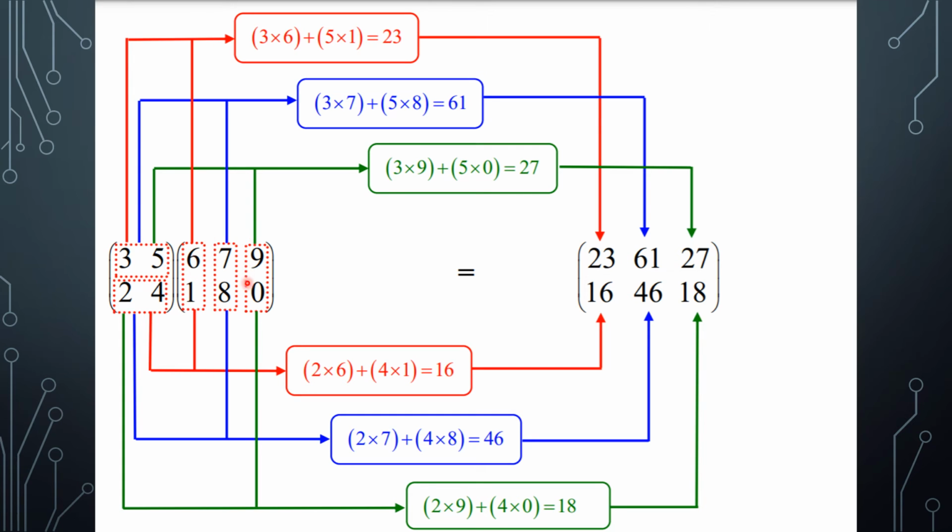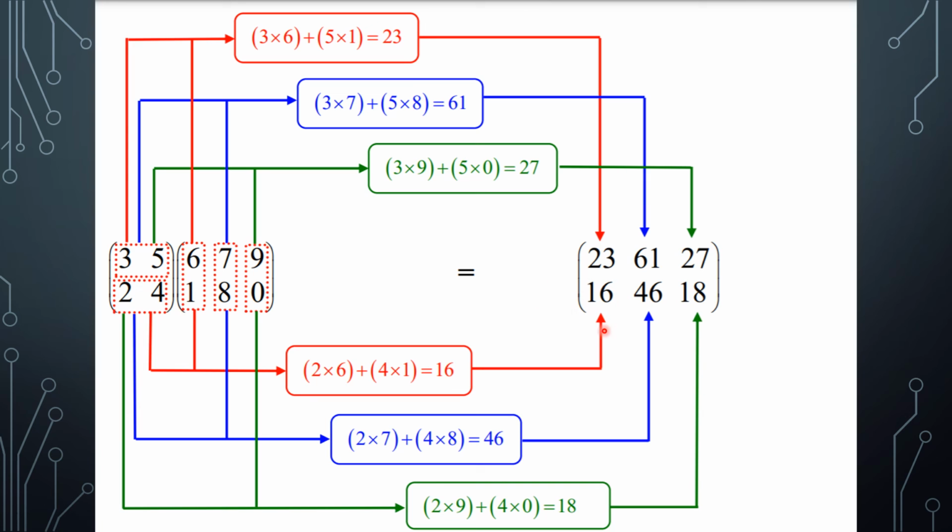Because here we have 3 columns and 2 rows. So 3 multiplied by 6 plus 5 multiplied by 1 is going to give us the first one, which is 23. And then you do 3 multiplied by 7 plus 5 multiplied by 8, which gives you the second one, 61. Then 3 multiplied by 9 plus 5 multiplied by 0 gives you the third one, 27. Now we're going to move down. 2 multiplied by 6 plus 4 multiplied by 1 is going to give you 16. That is the first one